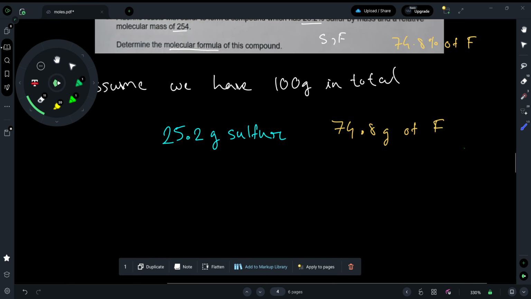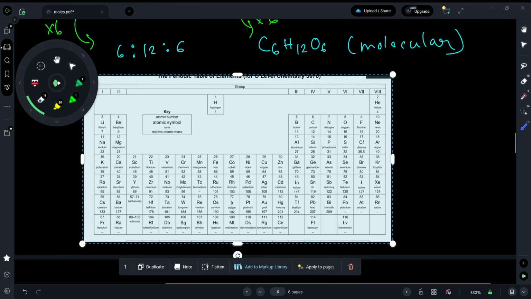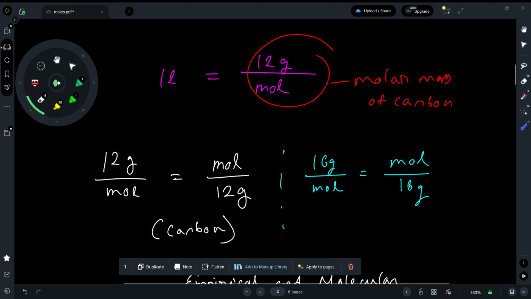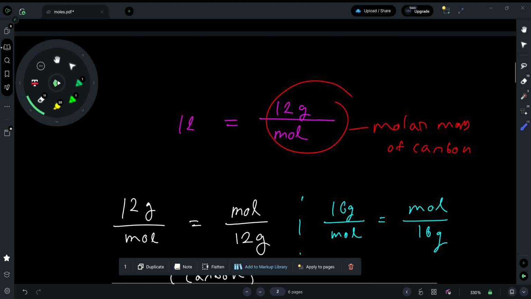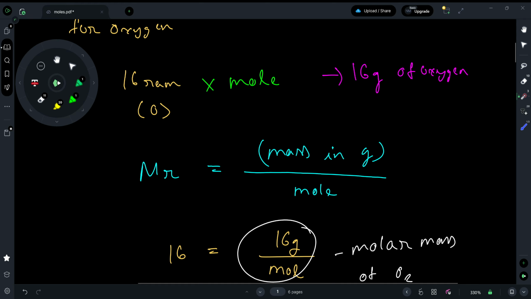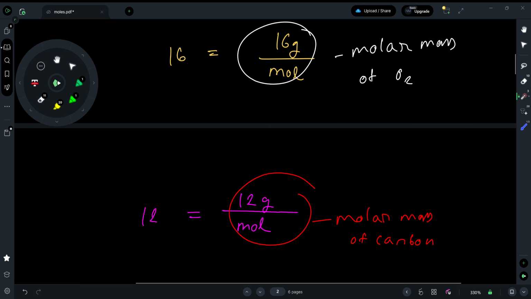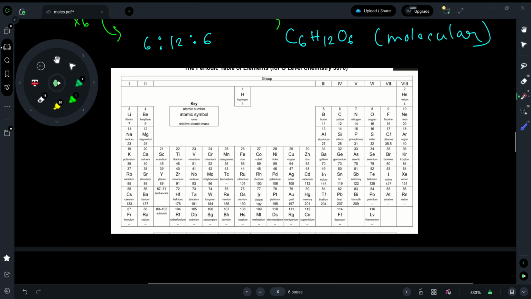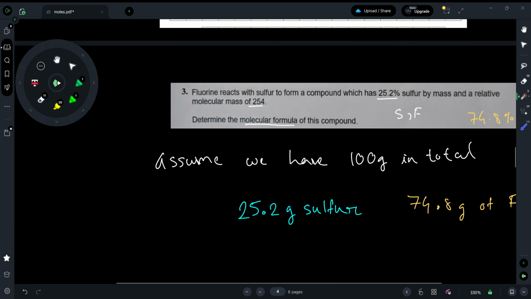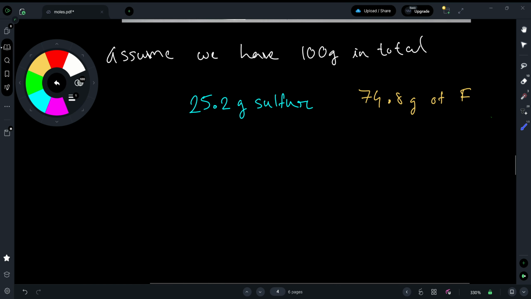Okay, remember how at the beginning we derived that this is the Mr? Mr is the mass number or the relative atomic mass, and this is equivalent to the molar mass, so mass per mole. So what you can do is go to the periodic table and see the mass number of sulfur, which is 32. So what we're going to write is